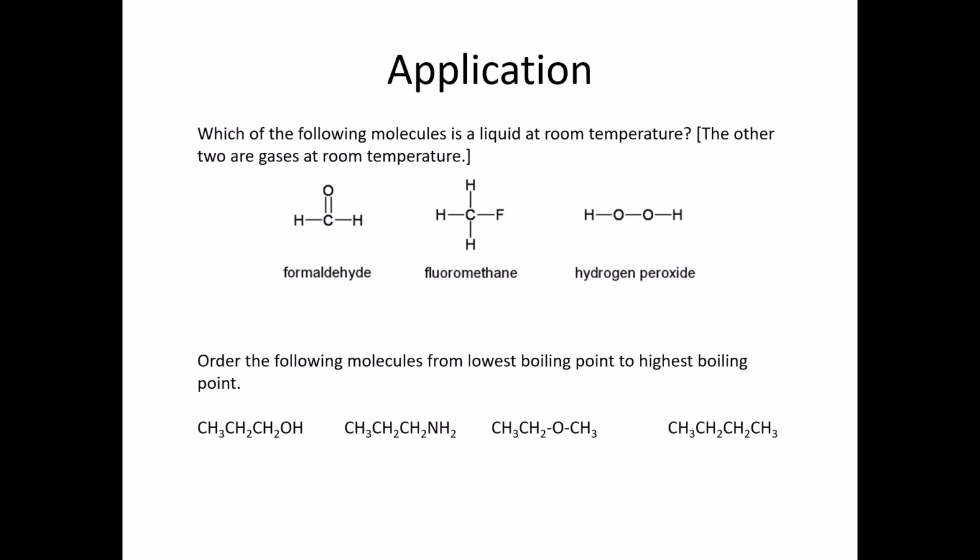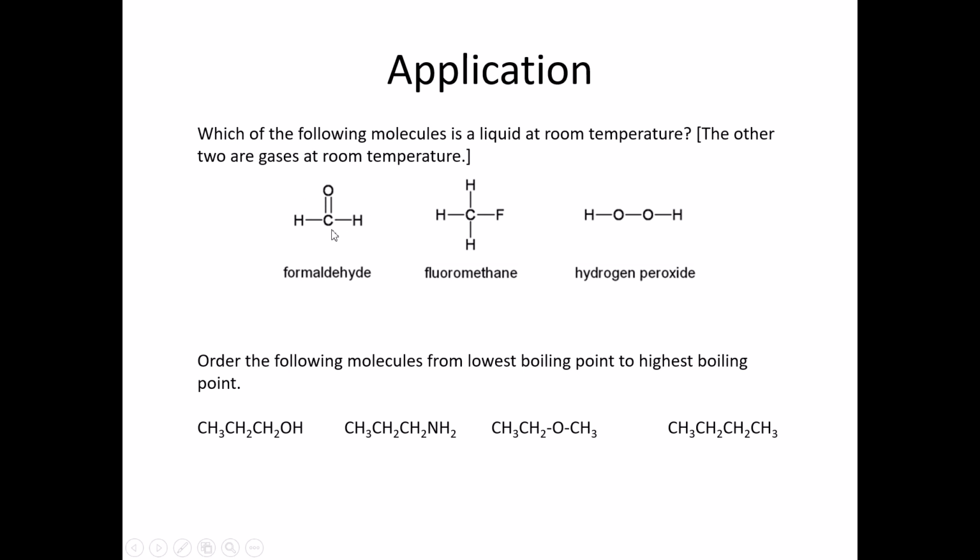Alright, so let's look at how we can apply this information. If we have three different molecules, formaldehyde, fluoromethane, and hydrogen peroxide, we want to know which one is a liquid at room temperature. We want to use our idea of intermolecular forces because that affects our vapor pressure and our boiling point. So formaldehyde